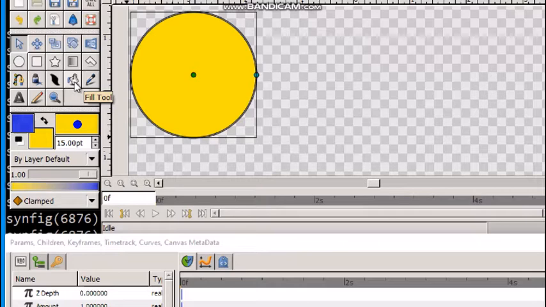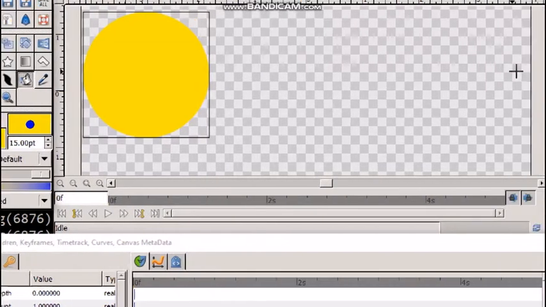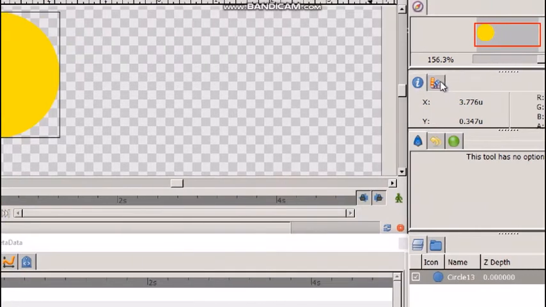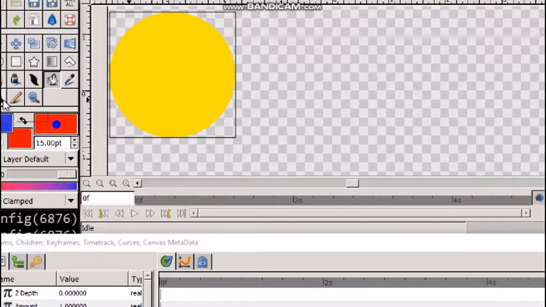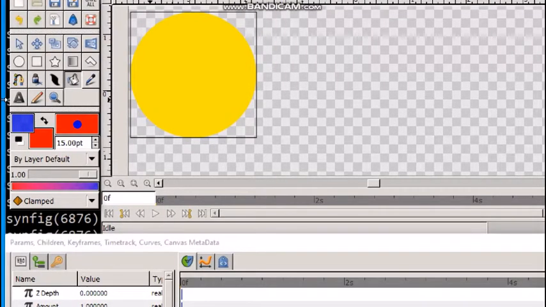This is fill tool. Then select color from the color palette. This is color palette. Select any color of your choice. Suppose I select red color. After that, click or left click on the object.